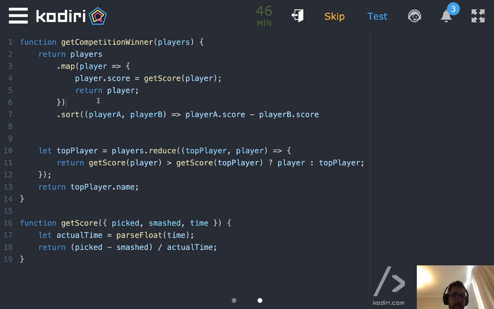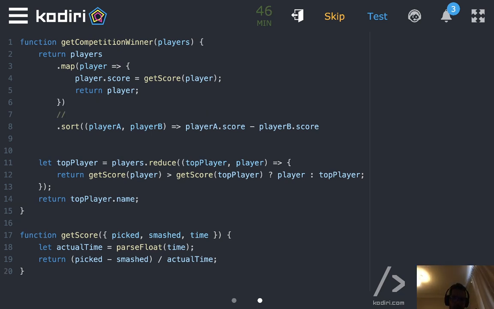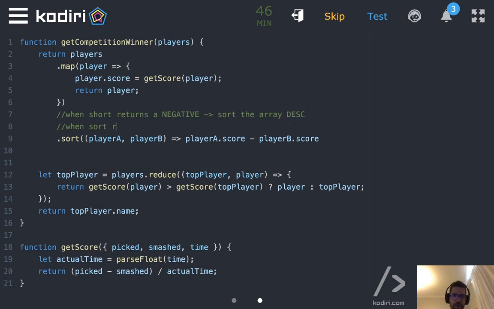Exactly. Remember the rule, guys. Remember the rules. So when sort returns a negative number, that means sort the array descendantly. When sort returns a positive number, sort the array ascendantly.